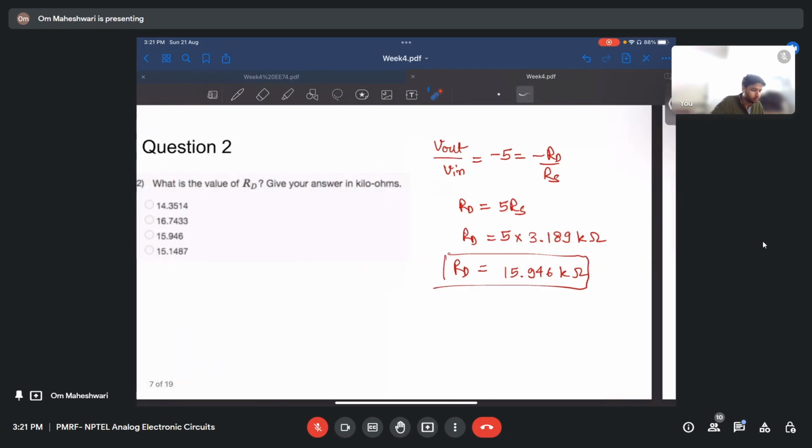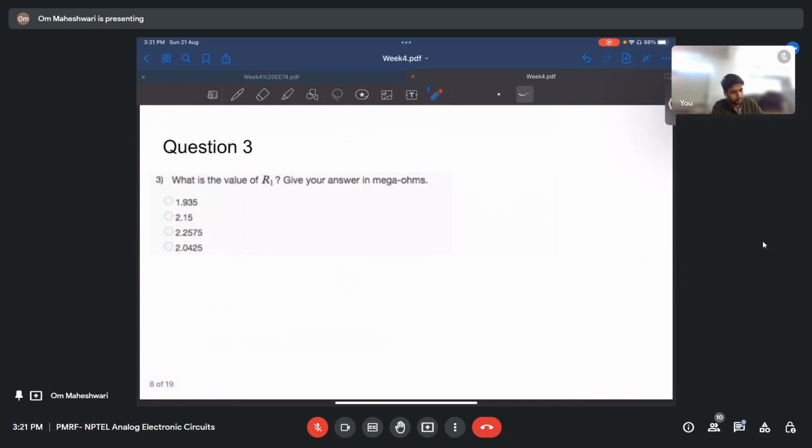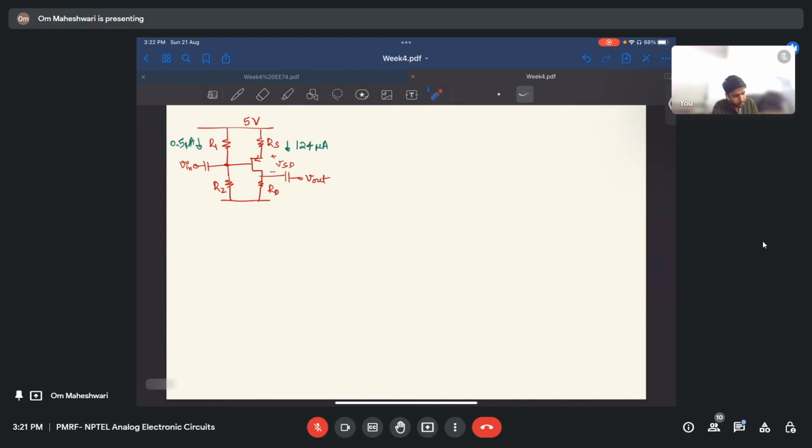I hope there is no doubt in this part. So let's move ahead. Now we have to find the value of R1. So this is R1 and this is R2. To find that,